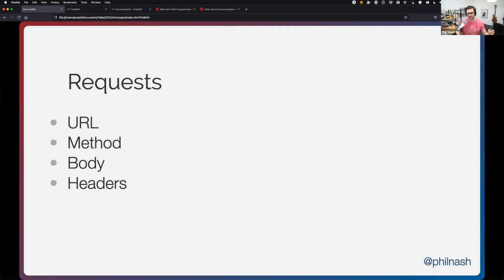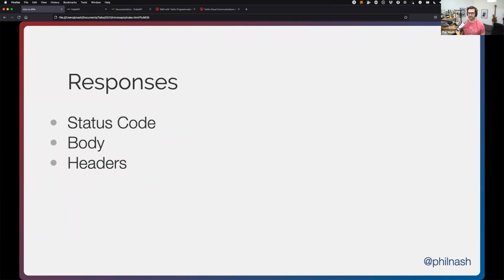Post and put and patch will. And then there are headers, which allow you to add metadata about the request. So that can tell the remote server other things you want to receive in the response, for example. Then there are responses. And responses are basically made up of three things: a status code to tell you what